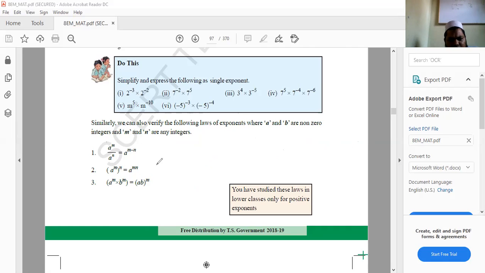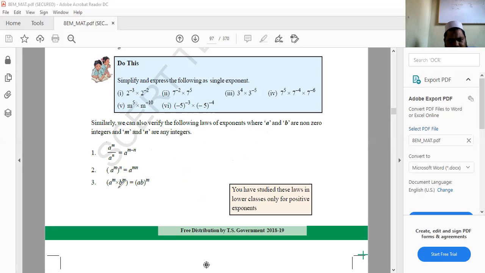Okay, so see here, power to the power: if we come across a situation, let's suppose 2 to the power 2 and again the whole to the power 2, power to the power, then we will multiply their powers, like 2 to the 4 you can write. Okay, so a to the power m, whole to the power n, can be written as a to the power m into n.